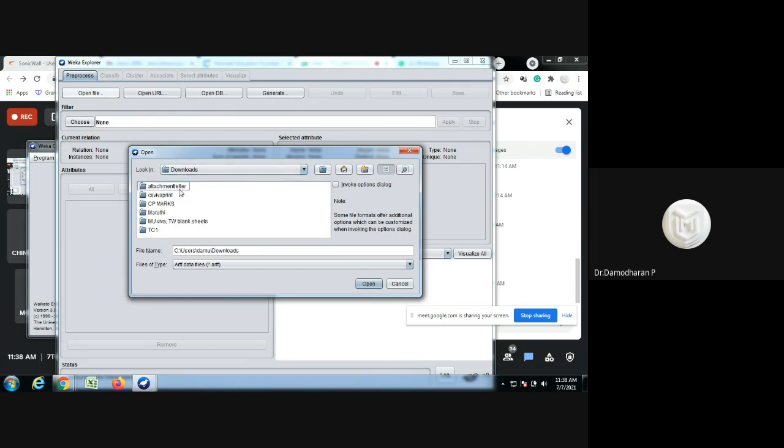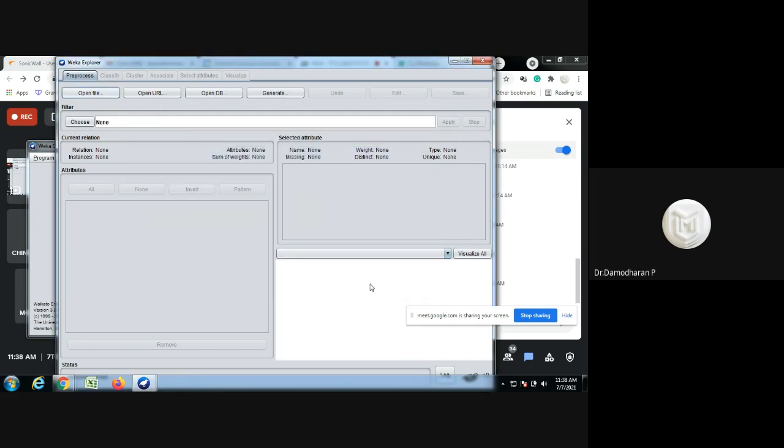I open the folder called downloads. Inside downloads, we see only one file called weather.arff, which was created by me. Now I try to open this file.